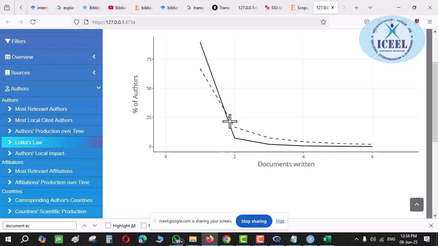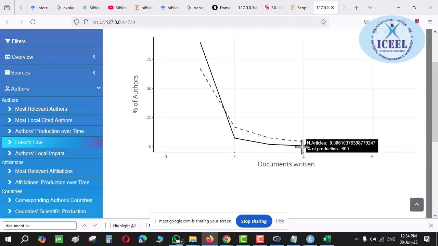Now here you will see percentage of authors and documents written. Here, if the percentage of authors increases, the documents written will keep decreasing. It gives a frequency of publication by authors. How the frequency of authors is increasing or decreasing, I will give you a material on that too. It is quite in depth. They have also given an equation in the format x^n * y = c, that you can have. I am giving a small example.